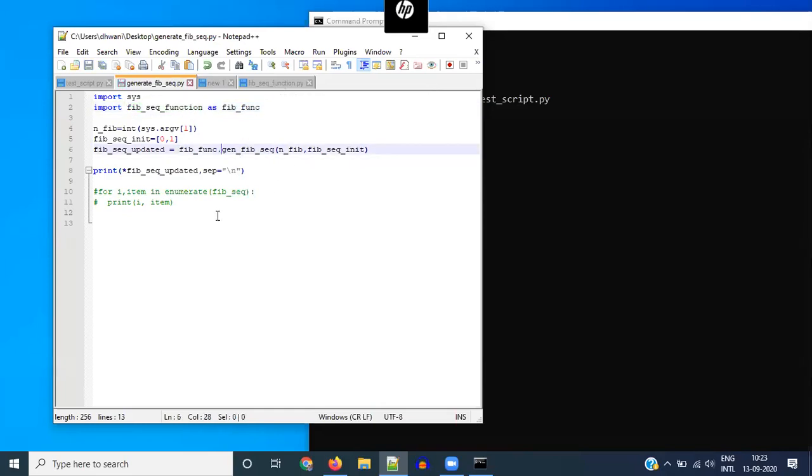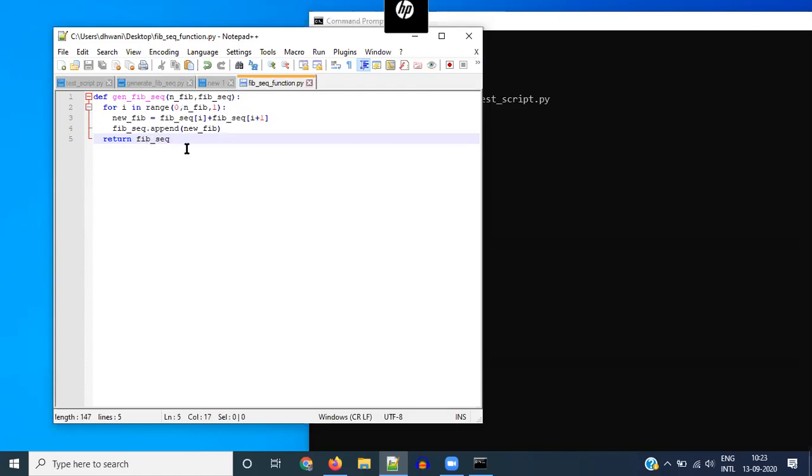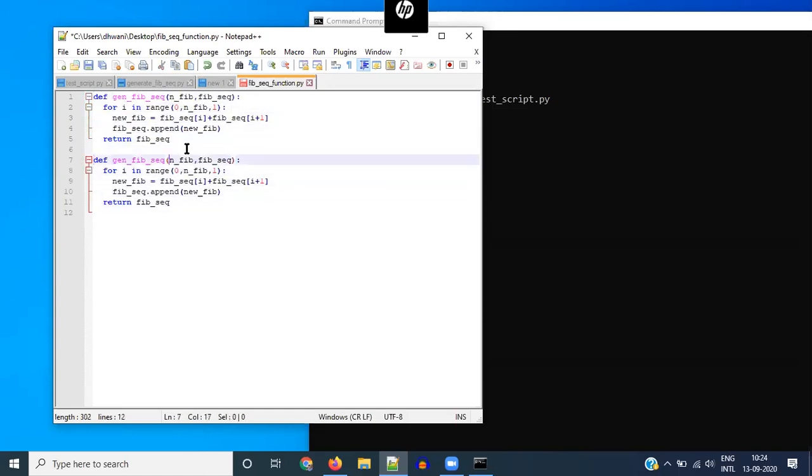Okay. So the advantage of doing this is, say you have several functions written for many other purposes also. You can have all those written in a separate file, and you can have all of these functions written one below the other. So for example, we could just have a copy and call it something else, maybe seq1. So you can just have all of these functions defined one below the other in a separate file.